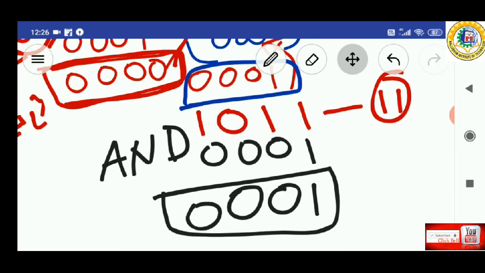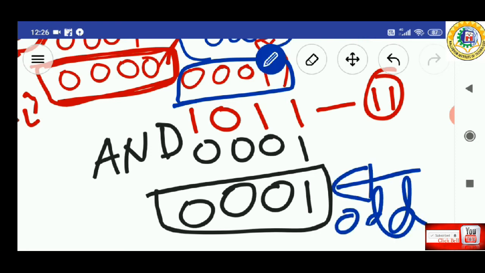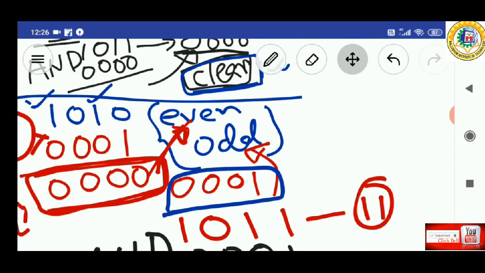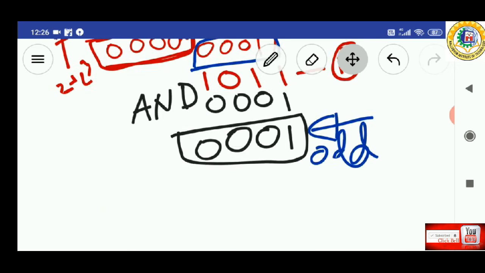In the case of 11, the output is 1, so we can easily say that the original number is odd. So these are the applications of the logical AND gate: to clear the data and to check even and odd.